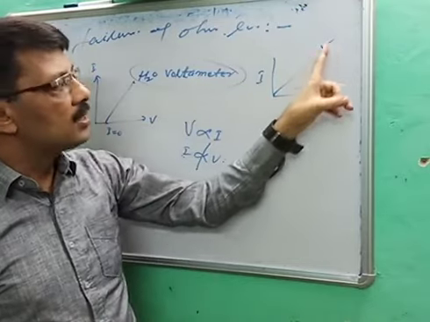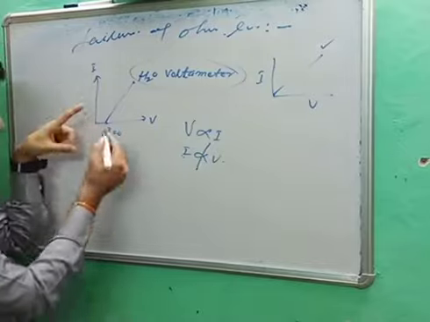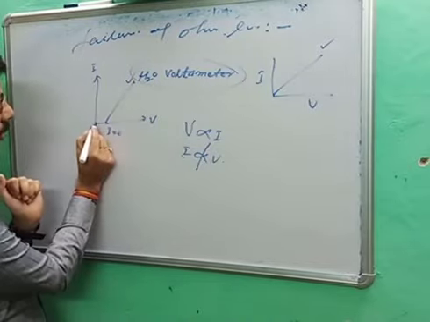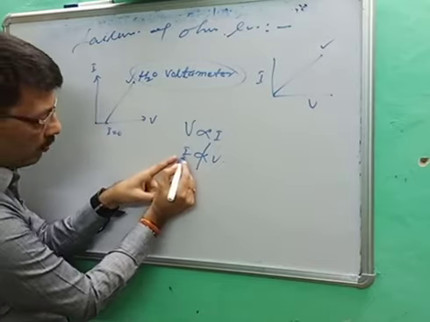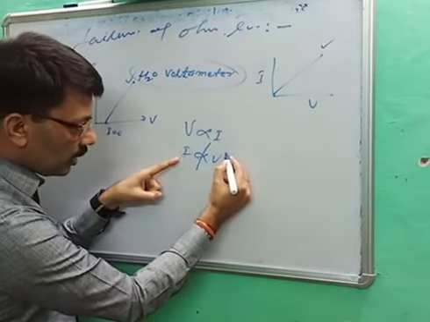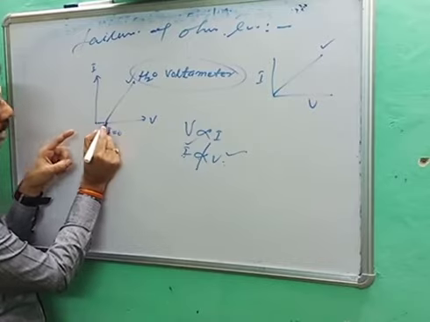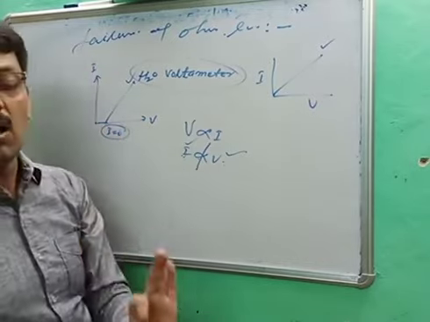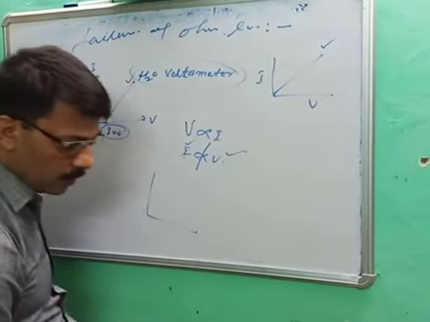The graph should be straight as well as start from the origin. While here we are getting a straight graph, it's okay, but it does not start from the origin. If it does not start from the origin, then it will not follow the condition I proportional to V, because with an increment in V, I should increase, while here V is increasing that much, still I remains 0. It means this is the failure of Ohm's law. That was the first point.